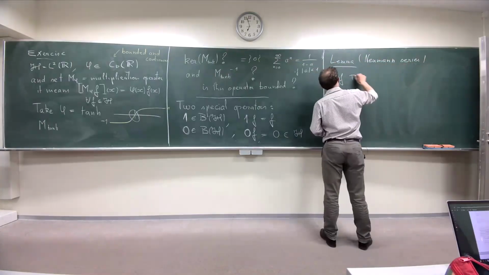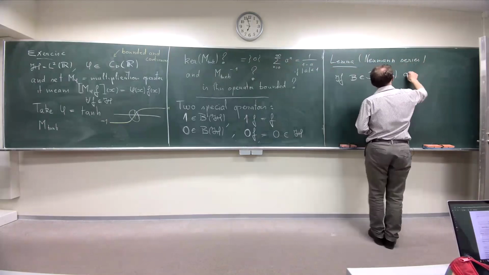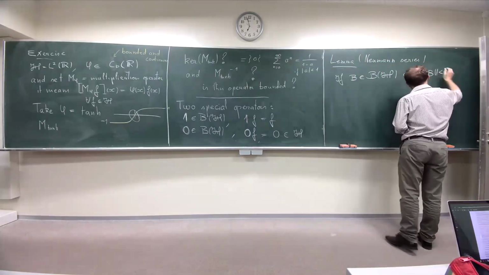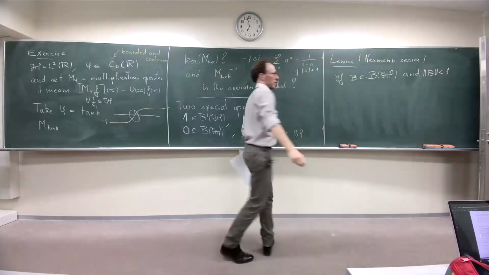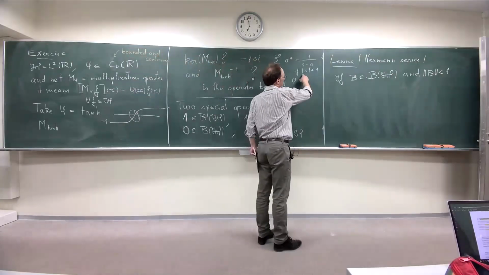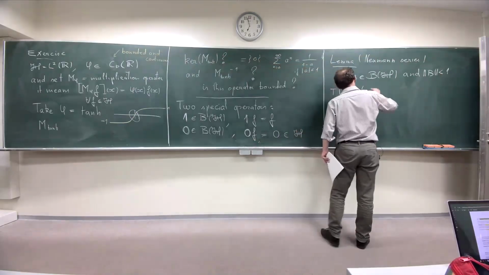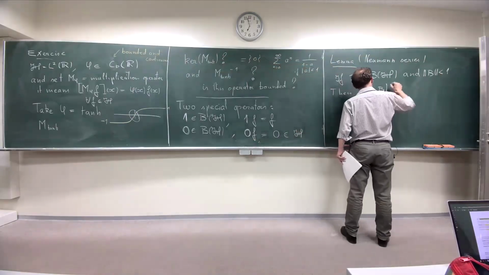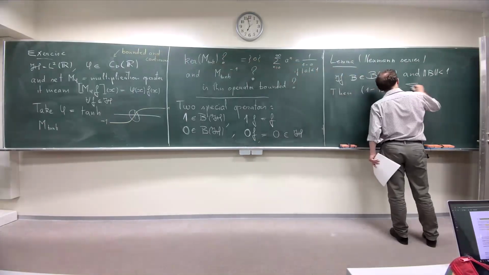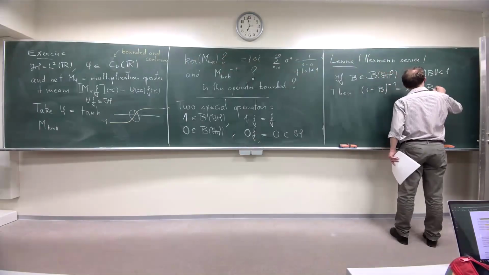If B is in B(H), a bounded linear operator, and the norm of B is strictly smaller than 1. It should remind you of this, strictly smaller than 1. This is indeed a norm, but just on real numbers. Then (1 minus B) to the power minus 1 is equal to this infinite sum,